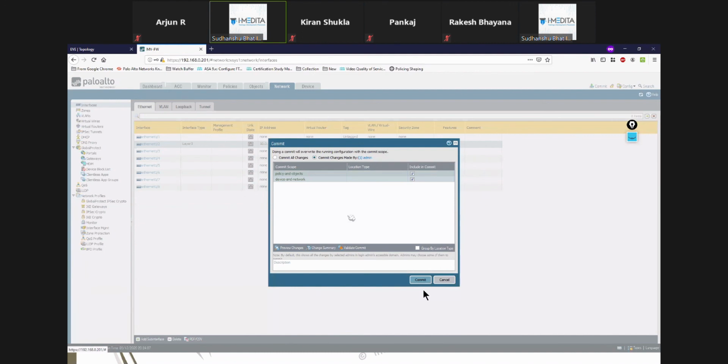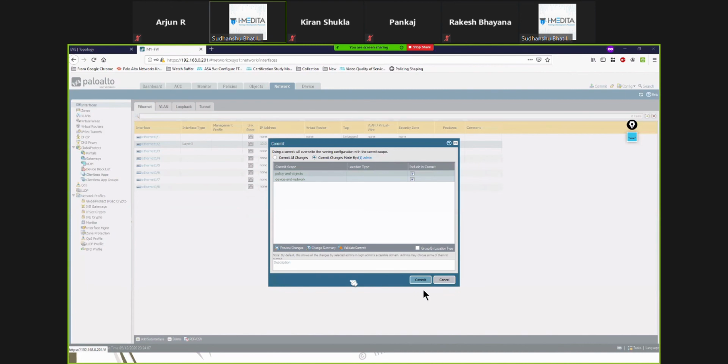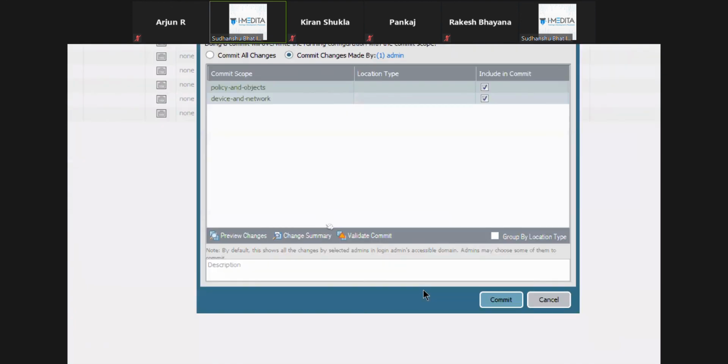Also, since we are here, you can also view a summary of all the changes that are going to happen. You can preview changes before you commit. If you are making a very serious change, you can even validate whether this commit will be successful properly or not.